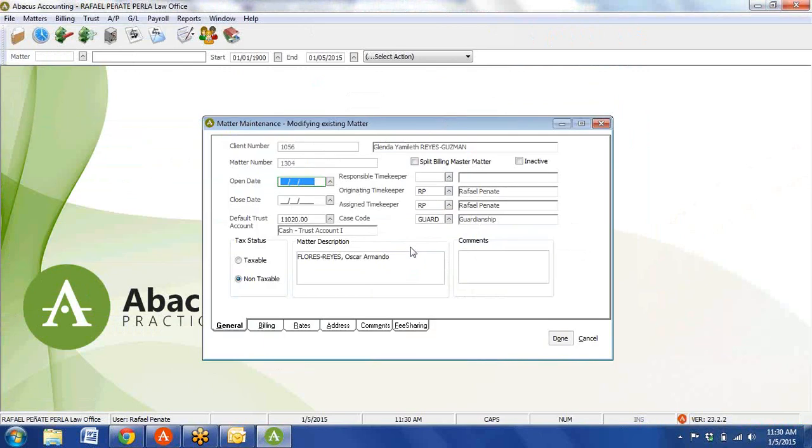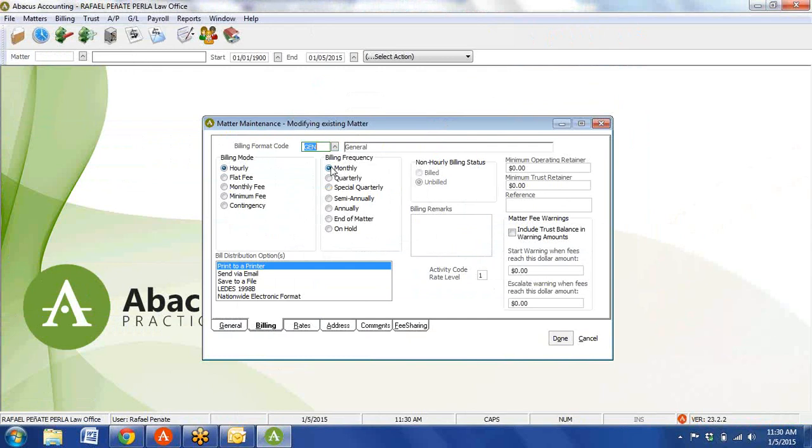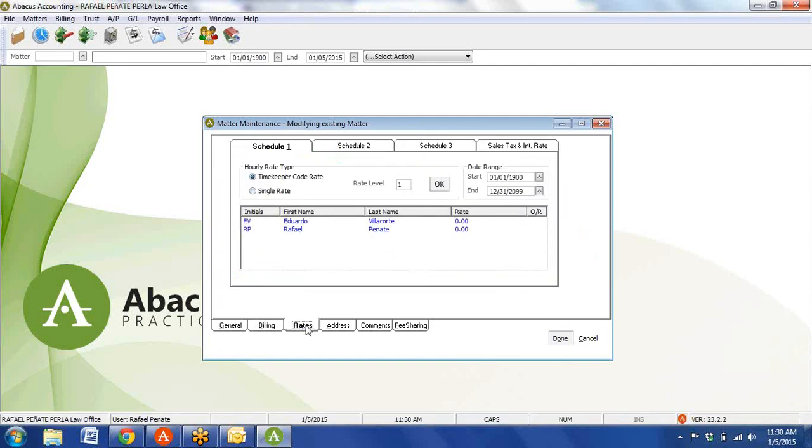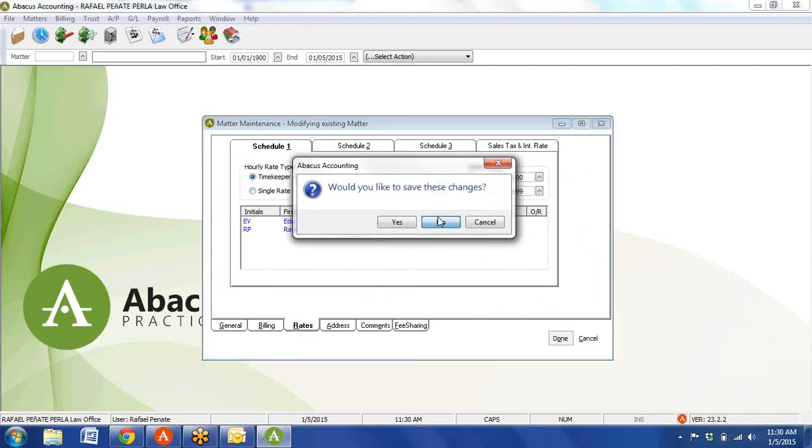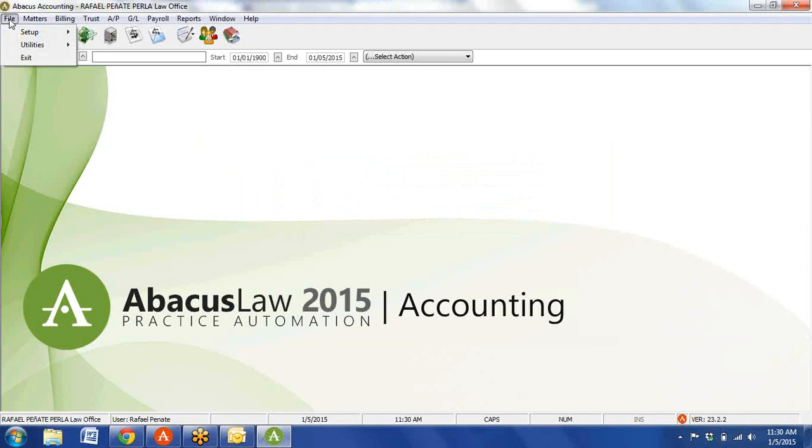And if I open that, you can see again the specific details of this particular matter. What kind of billing is it? Monthly, hourly, flat fee, as I showed you before. The rates, which you can set using the rate level, each timekeeper can have up to 25 different rates. If you have hourly rates, more than one, you can have 25 different rates. And how you set the rates on each of the timekeepers is File, Setup,